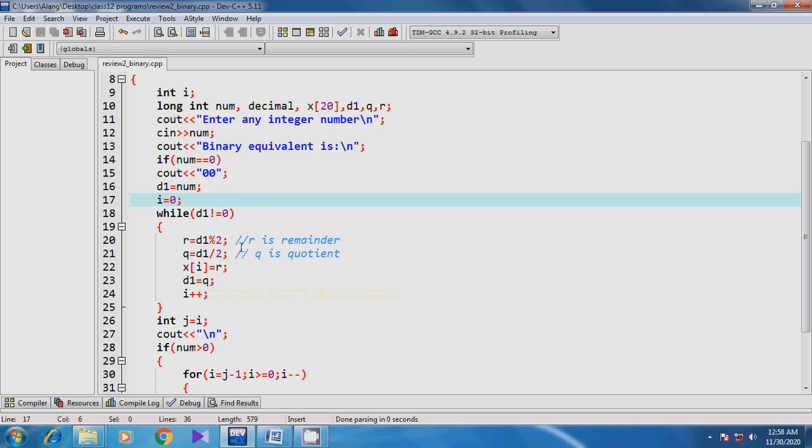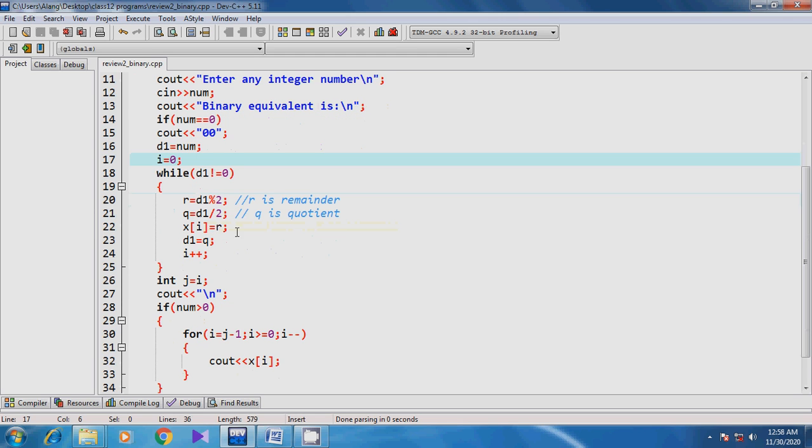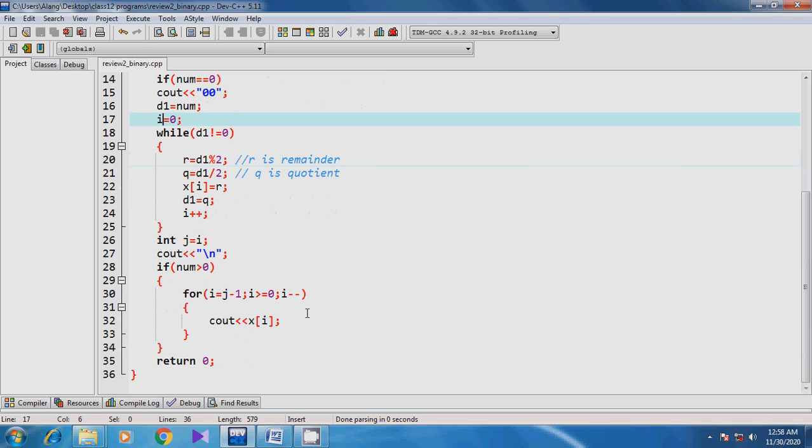Then after that I gets incremented, and as long as this while test condition holds true, the while body will keep on executing. So also in this if block, as long as num is greater than 0, the for loop I equals j minus 1, I greater than or equal to 0, and the decrement I minus minus will keep on going. Alright,